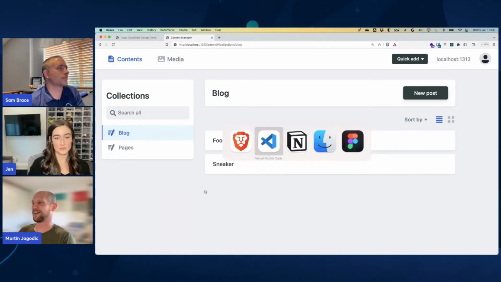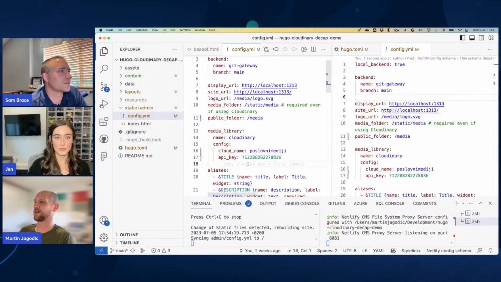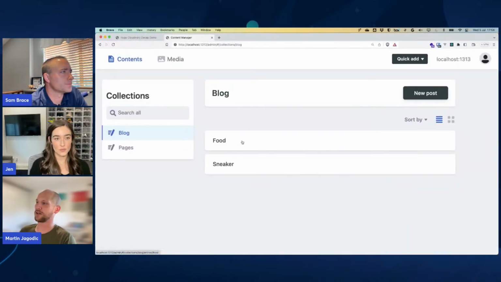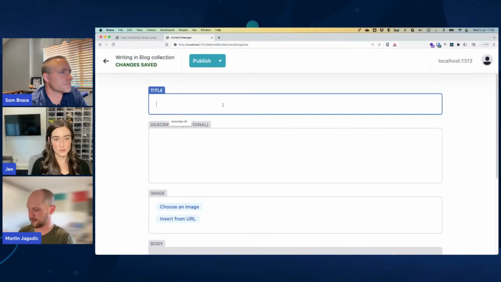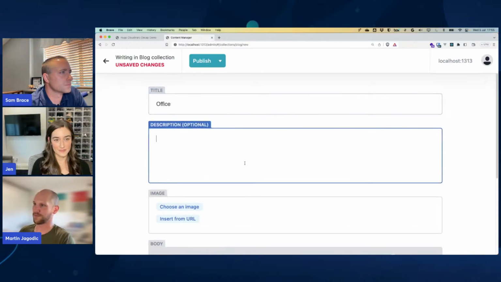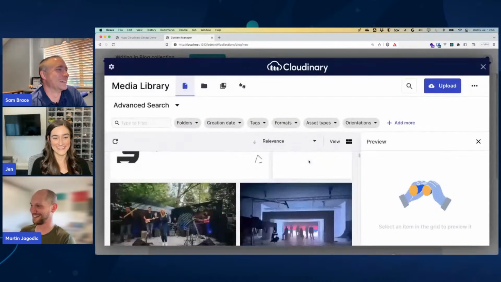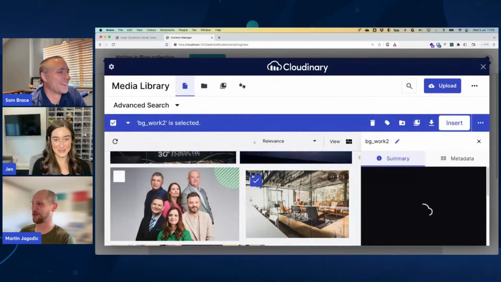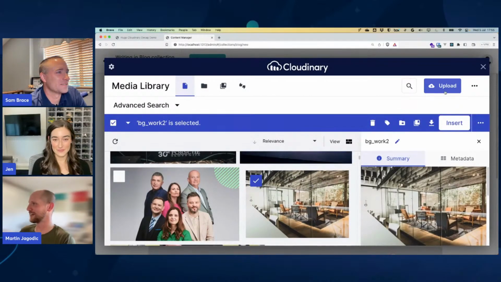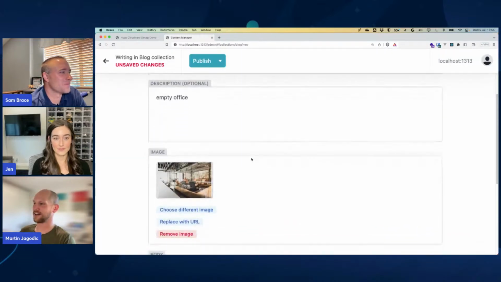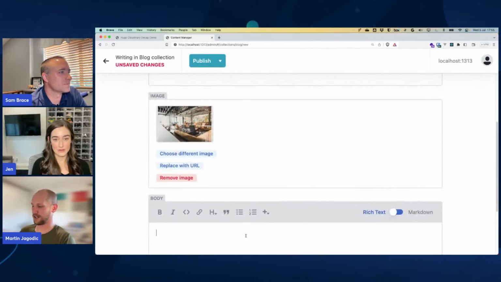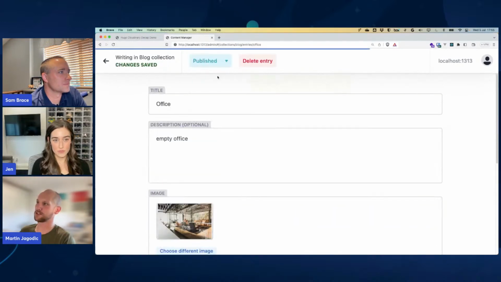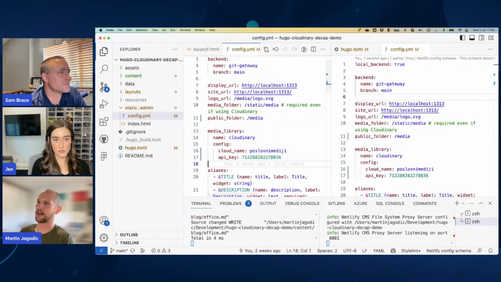Awesome. Okay, so for now, let's create a new post and the title, I don't know, office. I chose this because I know which image I'm going to choose. There we go. So I'm just choosing this image of an office, and I click insert. And I have my image here. So if I save this or publish this,